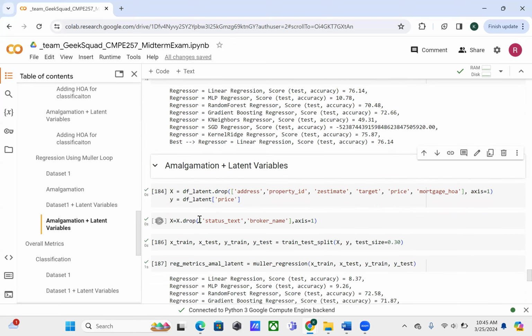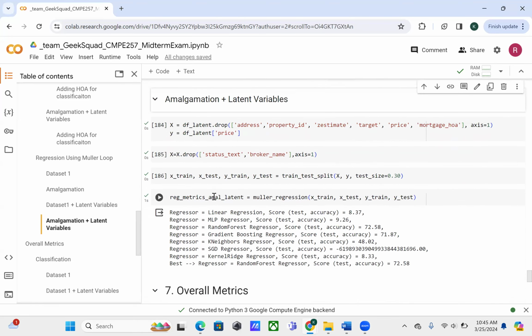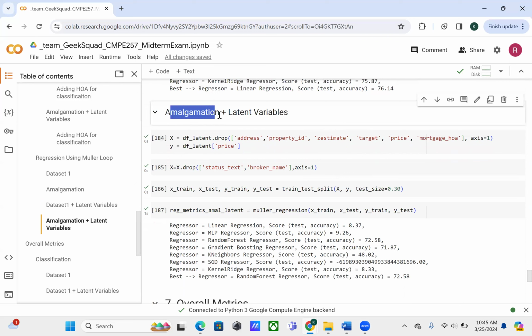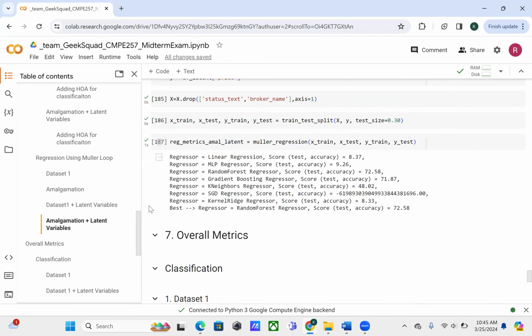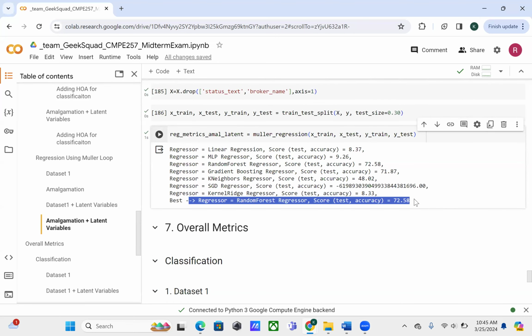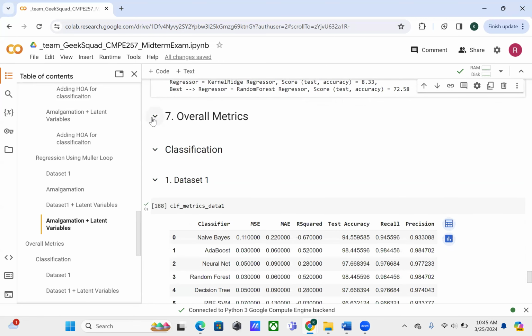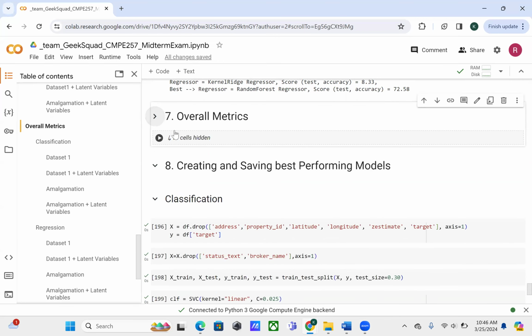Then for the amalgamated dataset, again, we have added the latent variables. This amalgamated dataset contains datasets 1 and 2, and we are adding the third dataset as the latent variables. And here the performance is 72% for the random forest, which is the highest among all the regression algorithms. And coming to the overall metrics,